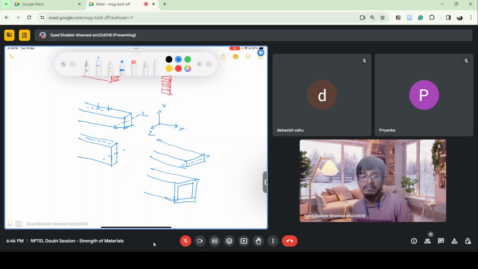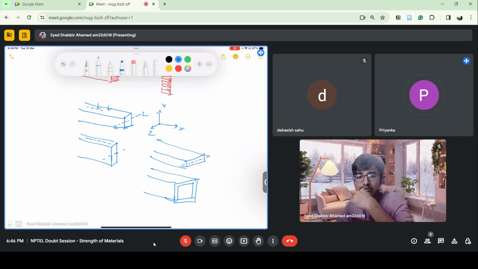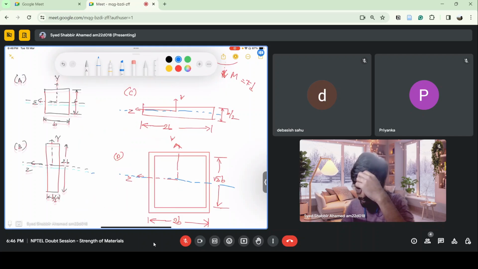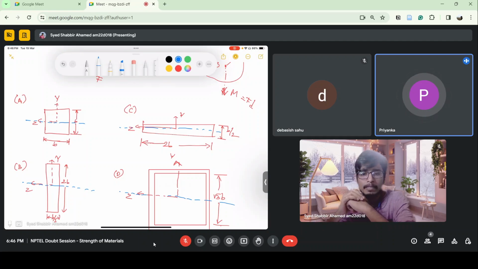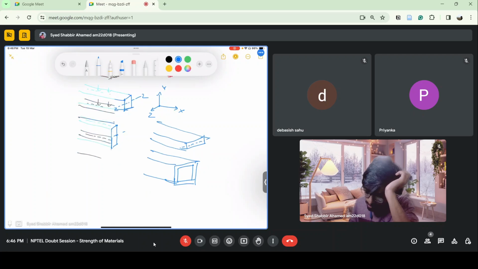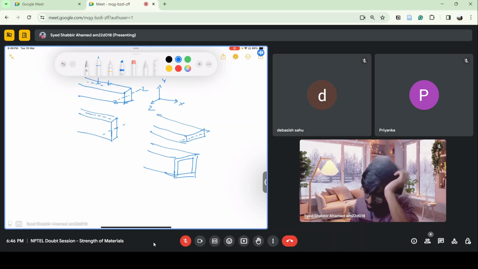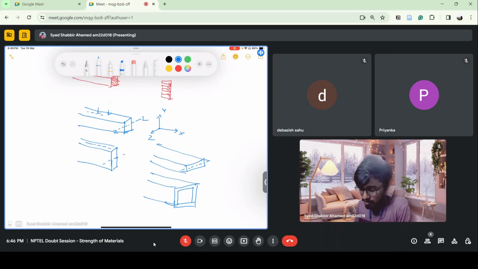So which cross section do you think will have the maximum bending stress? Whichever has the least moment of inertia, sir. And which one do you think will have the least moment of inertia? From the figure, I think it is option C, sir. Yeah. So the depth is low. Obviously, moment of inertia will be less,